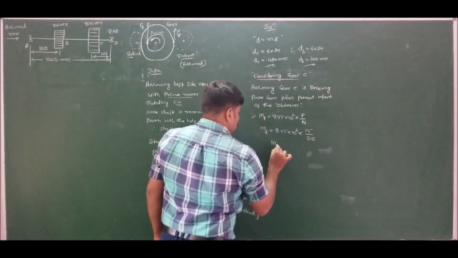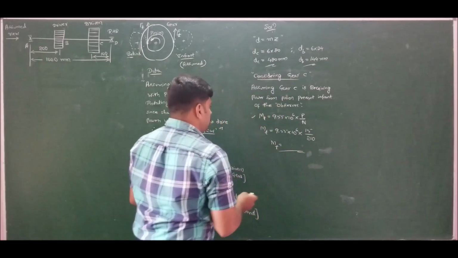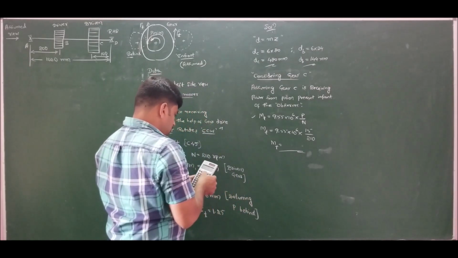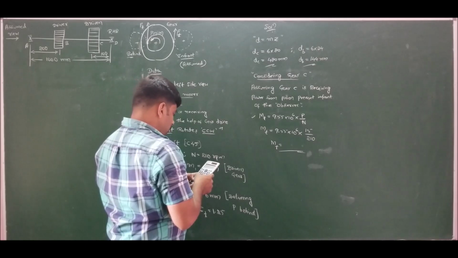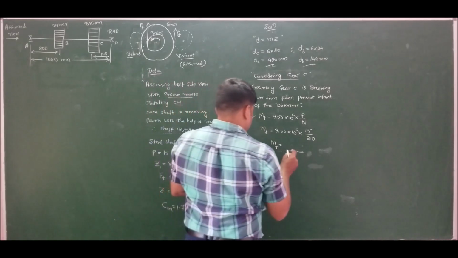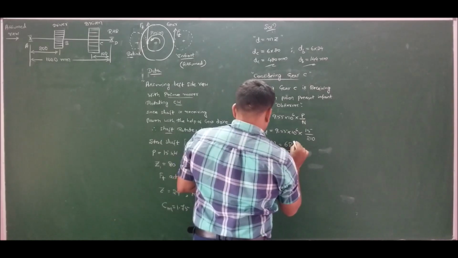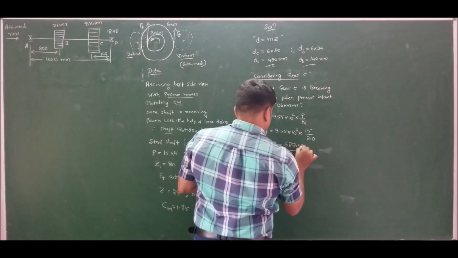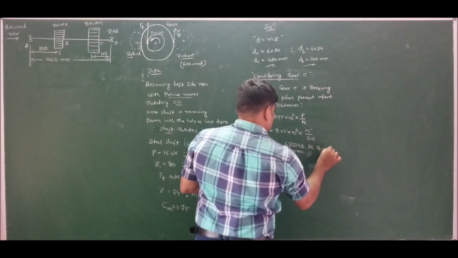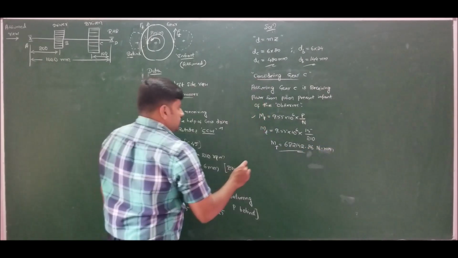So therefore, Mt for the problem will be 9.55 into 10 to the power of 6 into power is 15 kilowatts at a speed of 210 rpm, which is turning out to be 682142.86 millimeters. Using the second